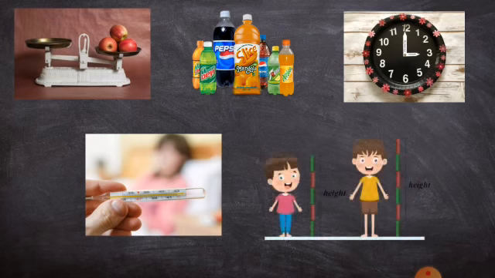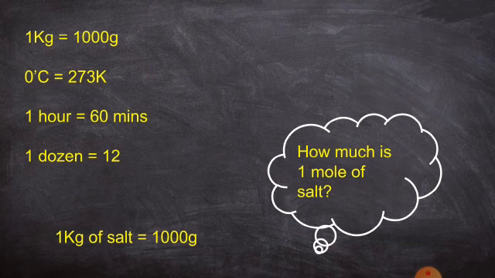Next, there are two persons measuring their heights in meters. So kilogram, liter, second, Celsius, meter are collectively known as units. These are all the things which we use in our day-to-day life, right? They are used to measure macroscopic particles. So which unit is used to measure an atom? Mole is a unit which we use to measure the quantity of an atom.